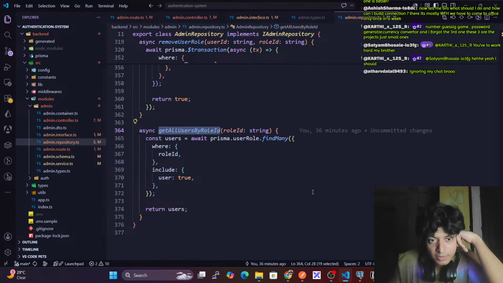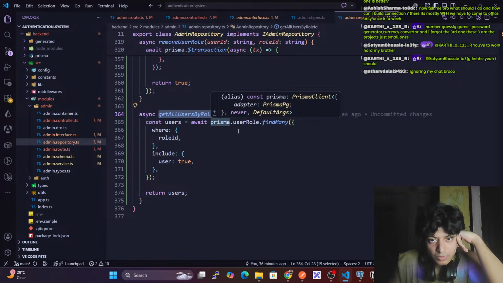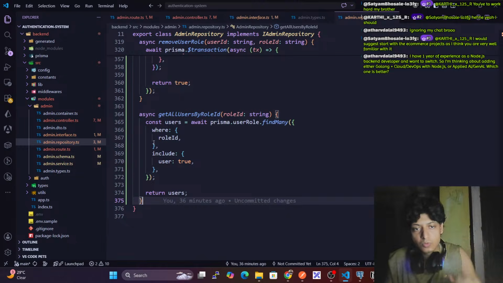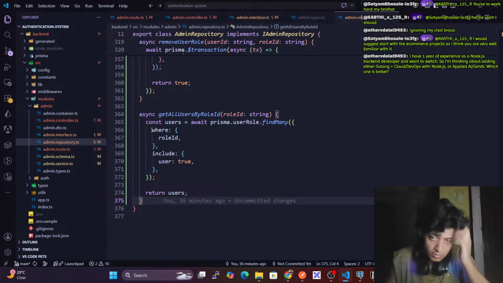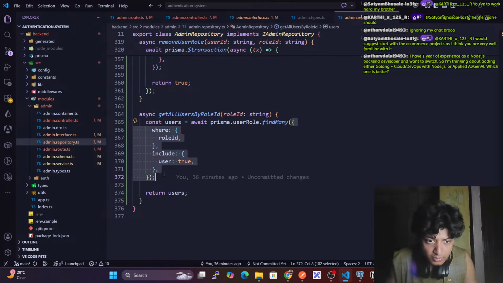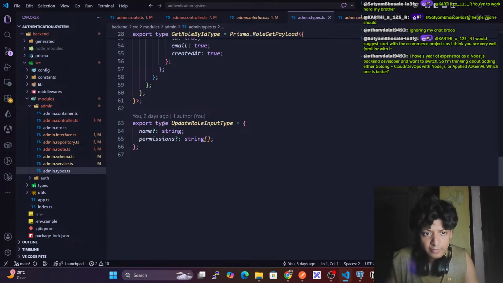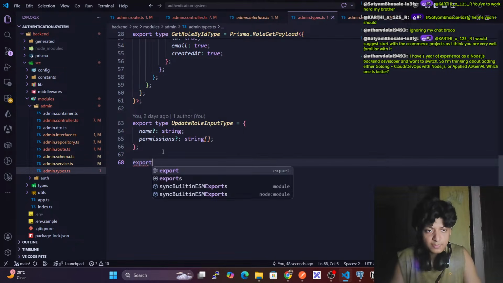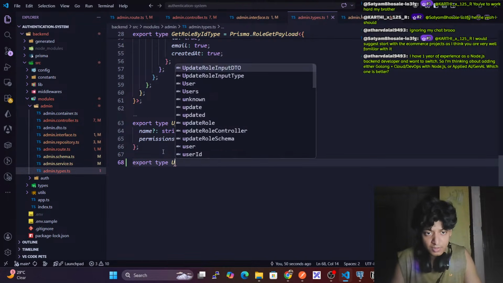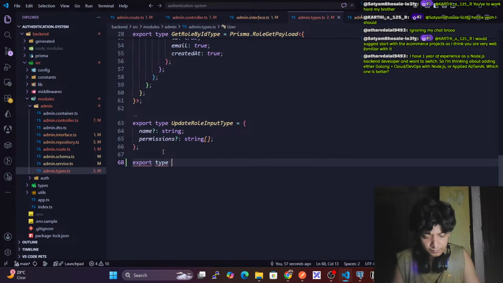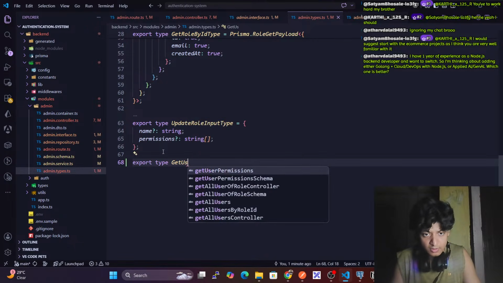Admin dot repository, user role dot find many, and we are including the user. So what we can do is find many from here to here. Copy this, admin types, export type user get all